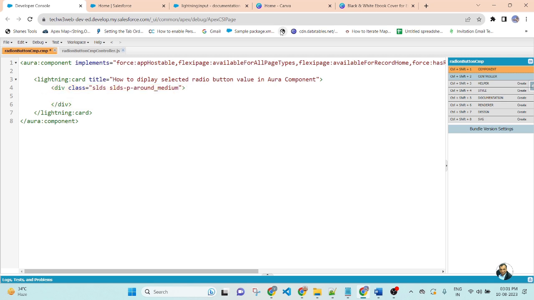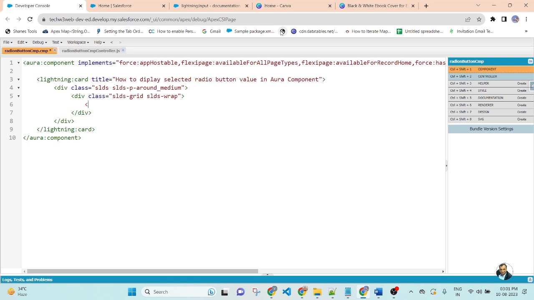Inside the div, I will create another div with class equal to SLDS-grid SLDS-wrap. Here I will define a column div with class equal to SLDS-col SLDS-size_6-of-12.